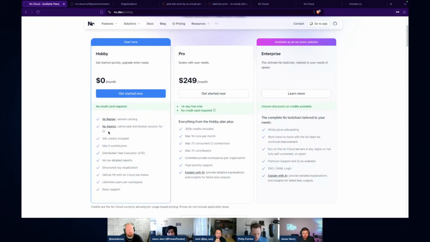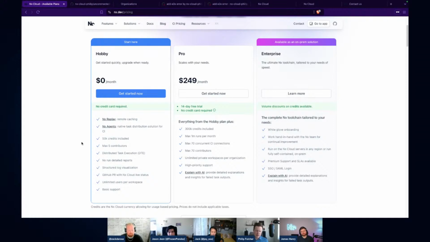So if you've been curious about agents and what that workflow looks like, how the performance is, but you couldn't get up to the pro plan for whatever reason, the hobby plan is there now for agents. If you have a small weekend project, or an open source project, something like that, this is a really great option for trying out agents and getting on board with NX Cloud.